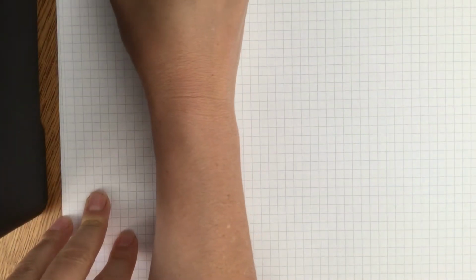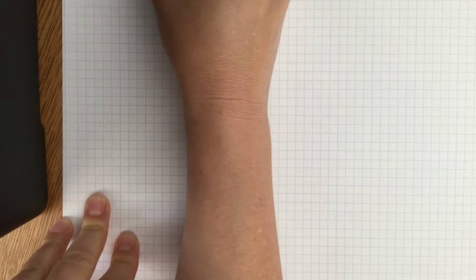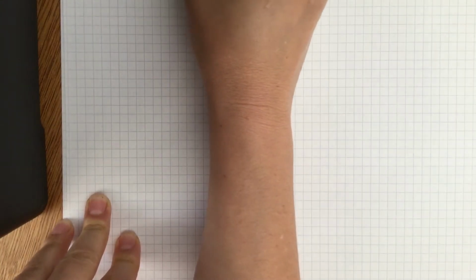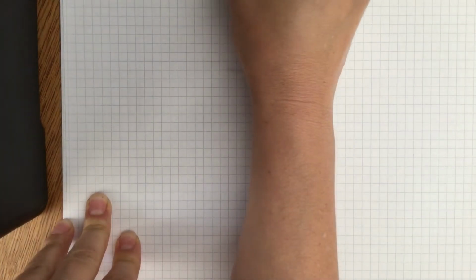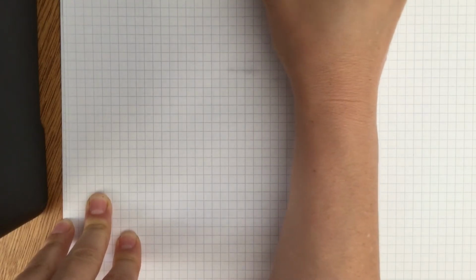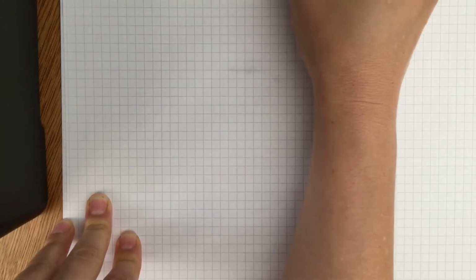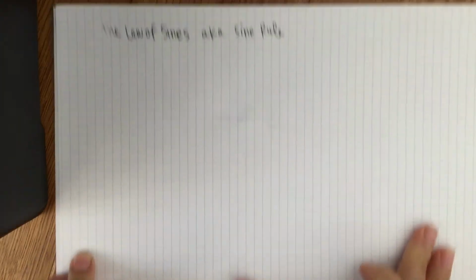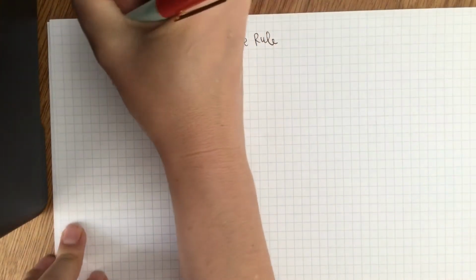So the law of sines and cosines, which is what we're working on this week, expands trigonometry from right triangles to any triangle. And so it really allows us to do a lot more. The law of sines is also known as the sine rule. And like I said, this applies to